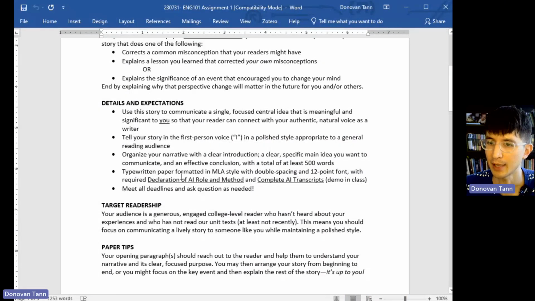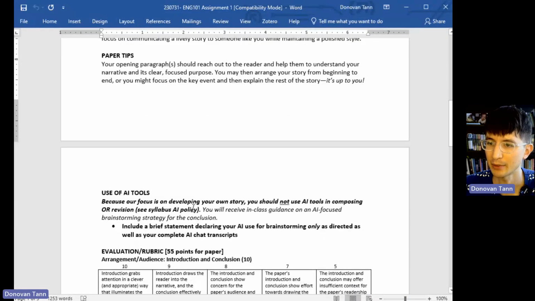So here you'll see within the assignment itself, it's asking you to use AI specifically for some brainstorming tips. You can find here, we're going to be using this for brainstorming. So that suggests that we're going to want to be aware of exactly how we'll be doing that. So you probably will have received a handout, and that handout is going to give you specific information about the type of prompt that you'll be using.